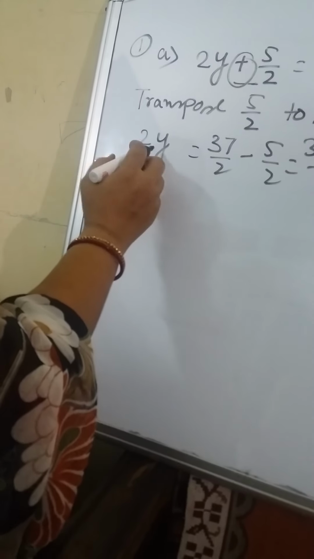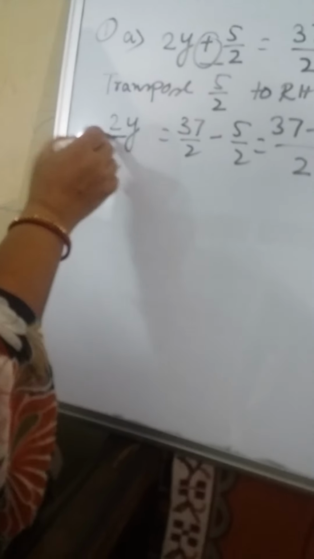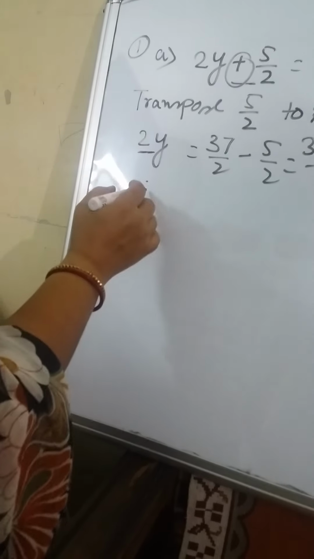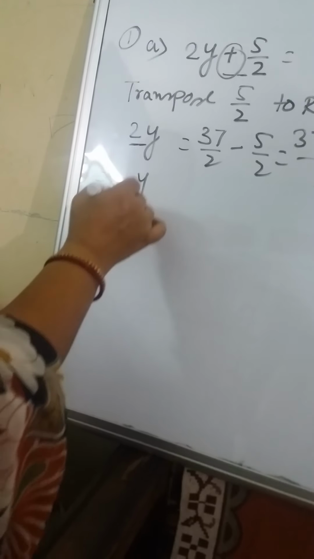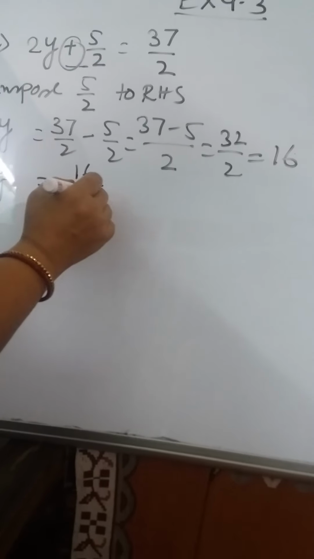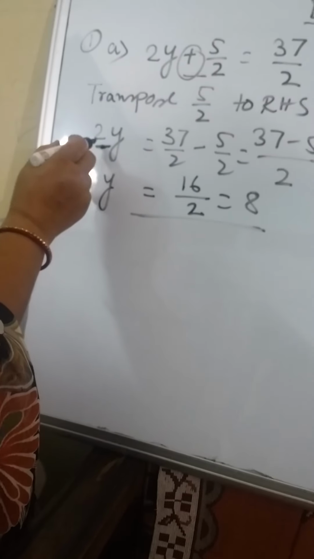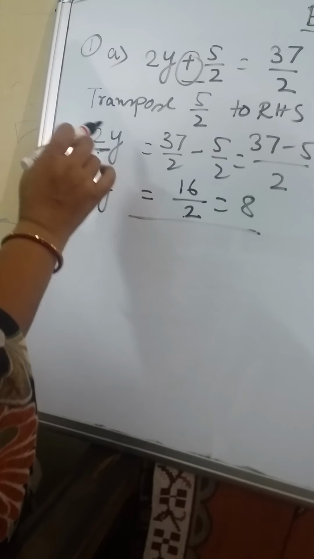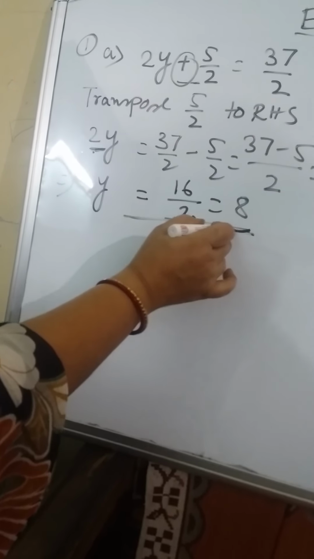That means now it is multiplication. So when it is multiplication, you have to divide both the sides. So 2y by 2 is y. Now it is multiplication, so when it goes to the right hand side, you divide. When it is multiplication on the left hand side and you are dividing, that time don't change the sign. During multiplication and division, we will not change the sign. Only when it is addition and subtraction, we will change the sign.